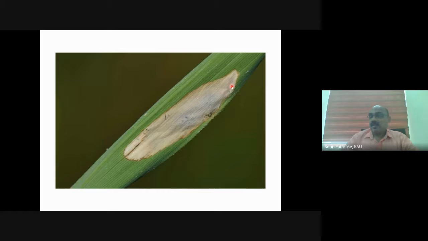Remember, the adult feeds on the leaf from outside. I will show you a picture of it. The adult scrapes the leaf and feeds from outside, whereas the grubs mine into the leaf. You can see blotches on the leaf surface, some raised structures. Blotches means the inner green part is fed by the grub and only the outer tissue remains. So these blotches can be seen. This is because of the mining of the grub.